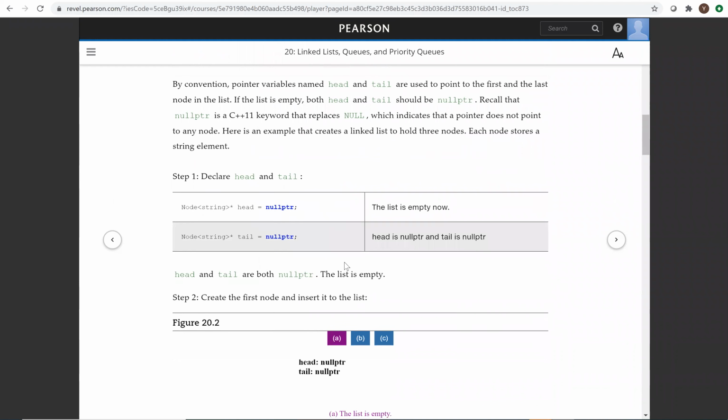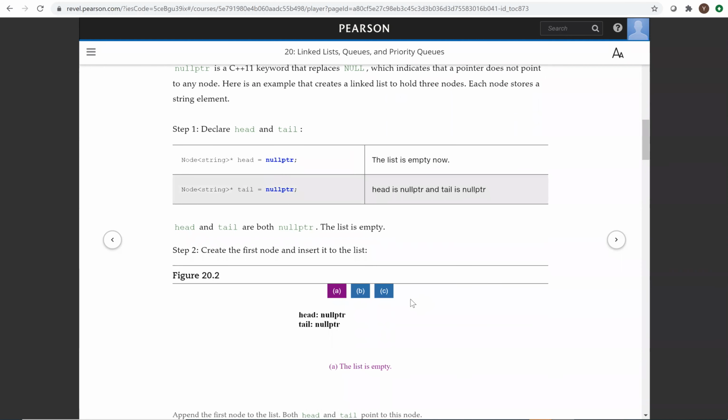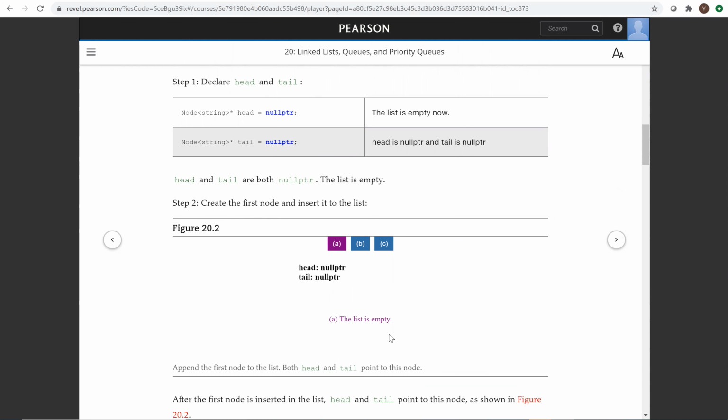Now let's look at a couple of examples for using the nodes. Let's have an empty linked list. So the linked list has this head and tail. Initially, there are null pointers. So this is an empty list now. And let's add some elements to the linked list. So let's look at this. I'm going to add